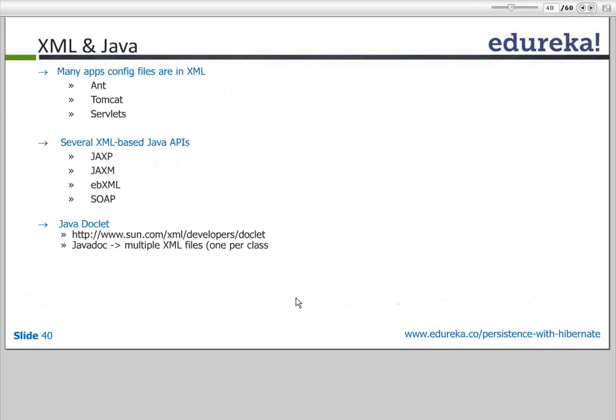Okay, so it's talking about configuration and how XML is used to configure various applications, like your Ant build script is written in XML, and Tomcat has a lot of configuration artifacts that are written in XML. Your servlets have their reference in the deployment descriptor, which is written in XML. And then for some reason it's also talking about XML based Java APIs which are used for parsing and